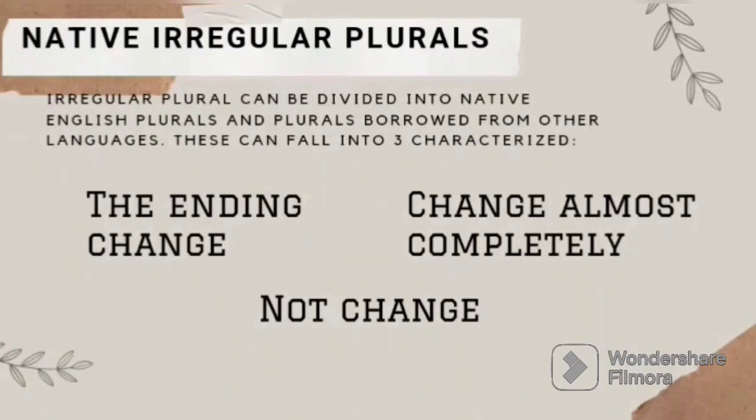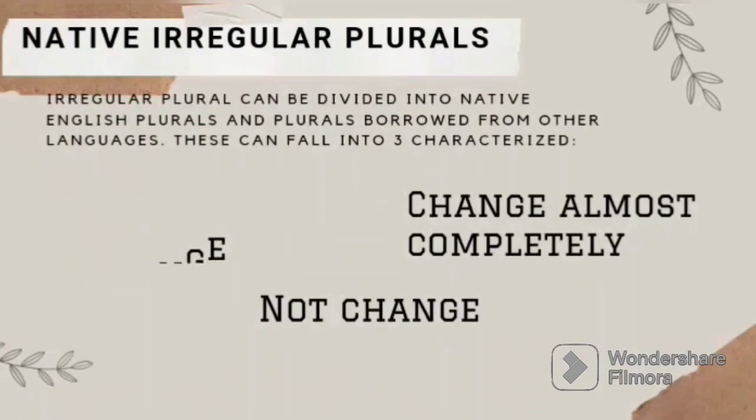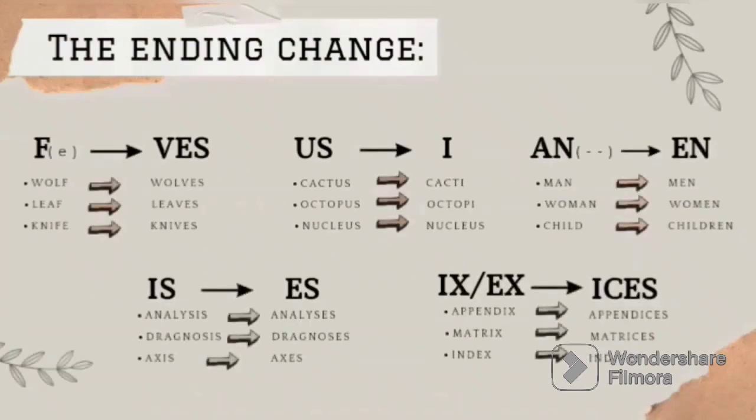These can fall into three categories. The first is the ending change. When the word ends in f or fe, it changes to ves, like wolf to wolves, leaf to leaves, knife